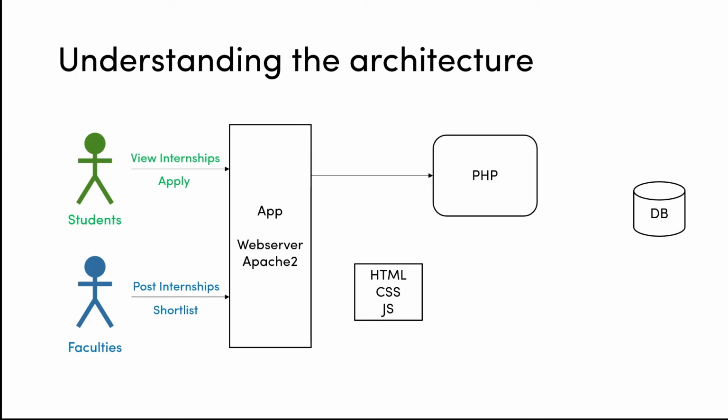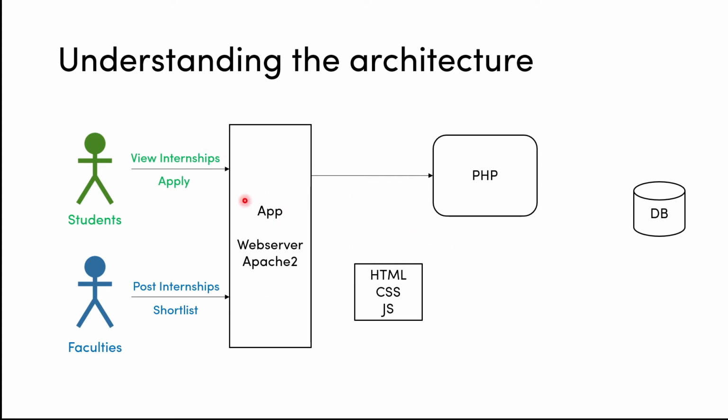So what happens is, when students will visit your website, Apache server continuously 24/7 listens to the activity on this port. So whenever a user will visit your website, Apache server will detect that there is a user and we need to show the website to him. So what Apache will do is, it will search for the files to give him which are present in the document root. So what is document root again? So we'll get to it later. So what basically means is, Apache is a web server, it's a middleman between our system and our users.